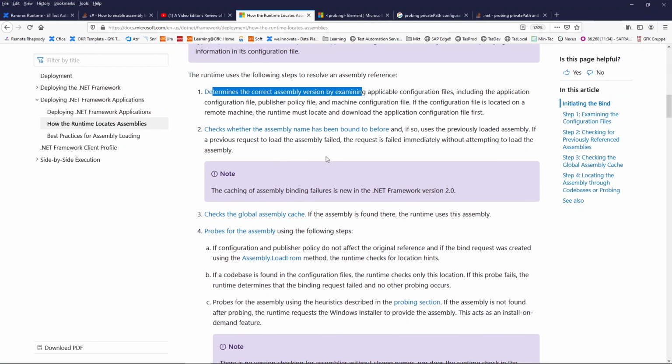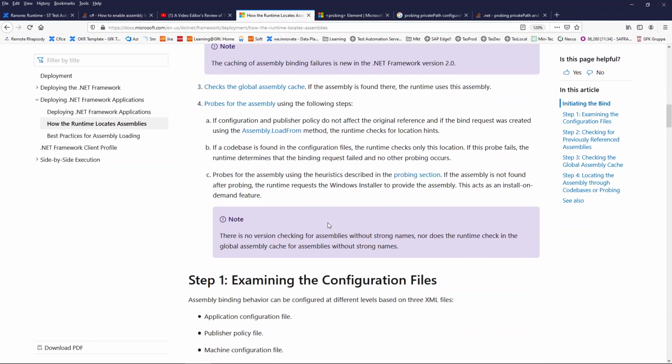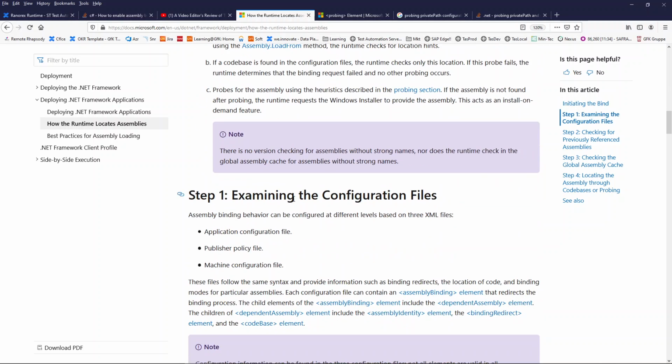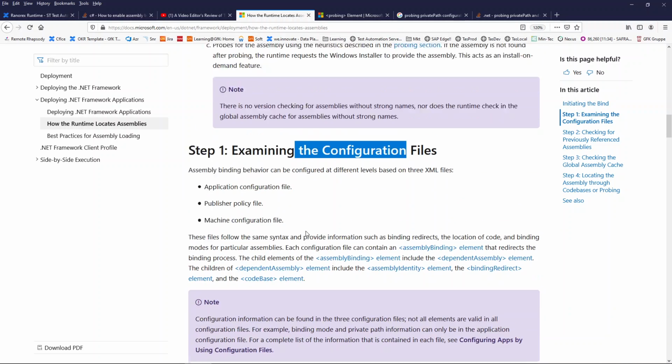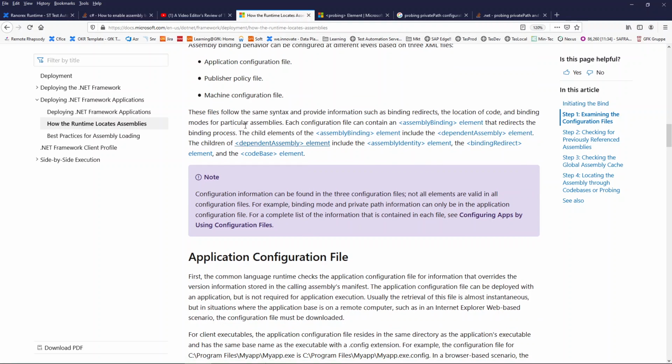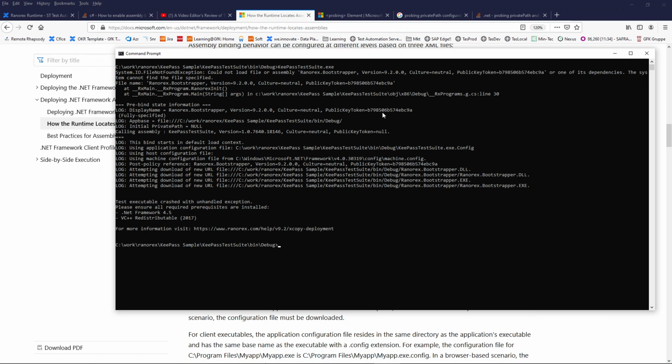Then it tries to find the location. So it looks at the configuration file and the machine configuration file too. And we should see also this here.